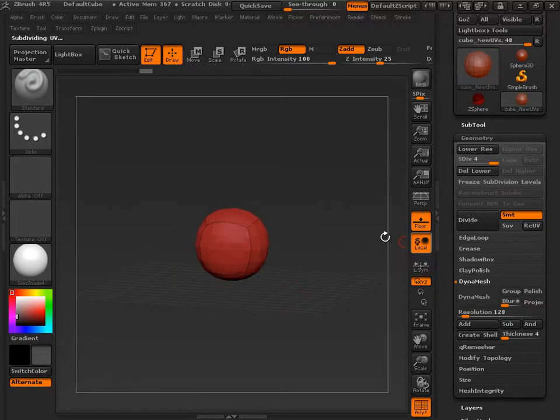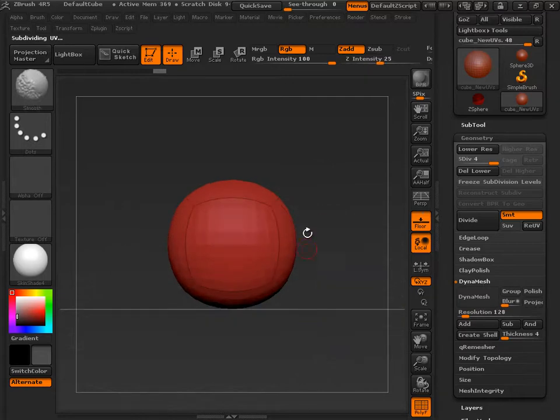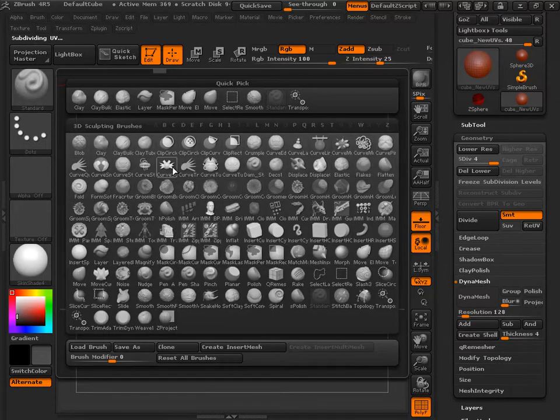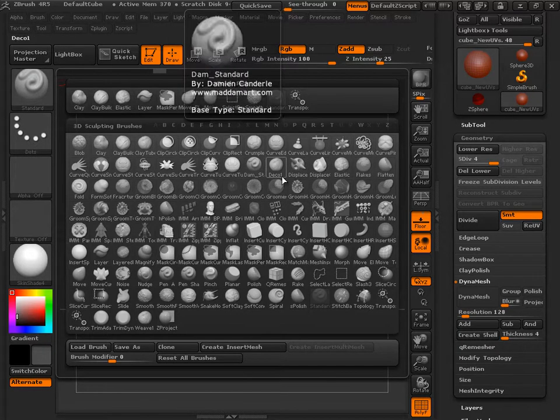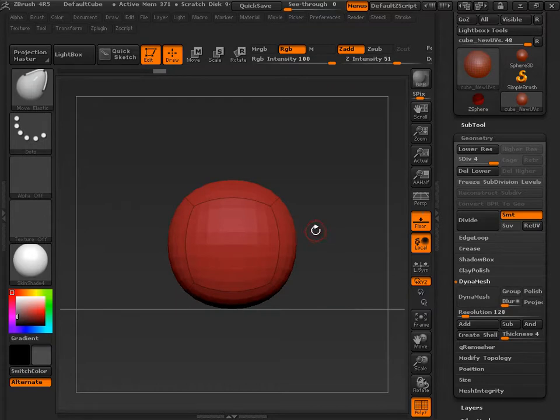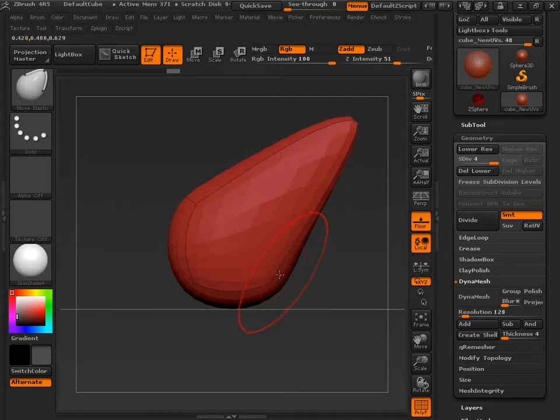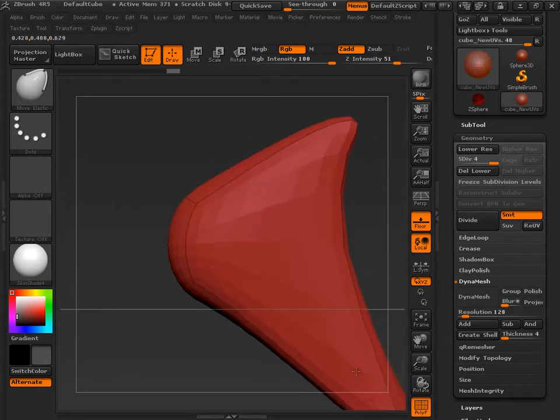So basically it's this nice sphere, and the sphere has a certain topology. And the topology is one that you can mess around with quite often. So you can go like this and take the move elastic tool, make your brush bigger. But once you get to a certain part, like this, you'll see that the polyframe on it is very stretched